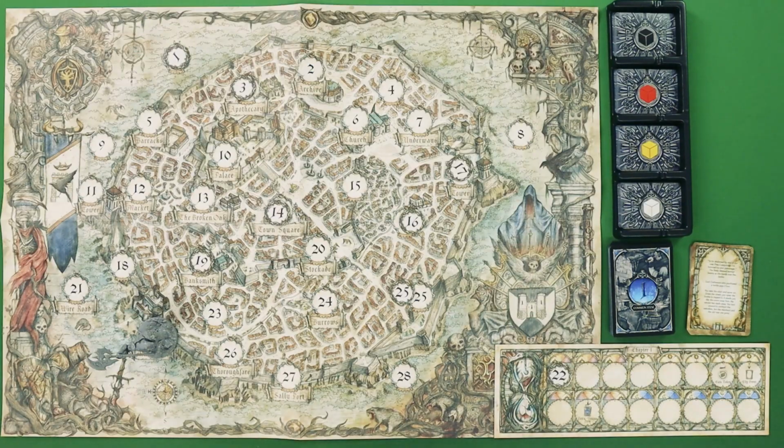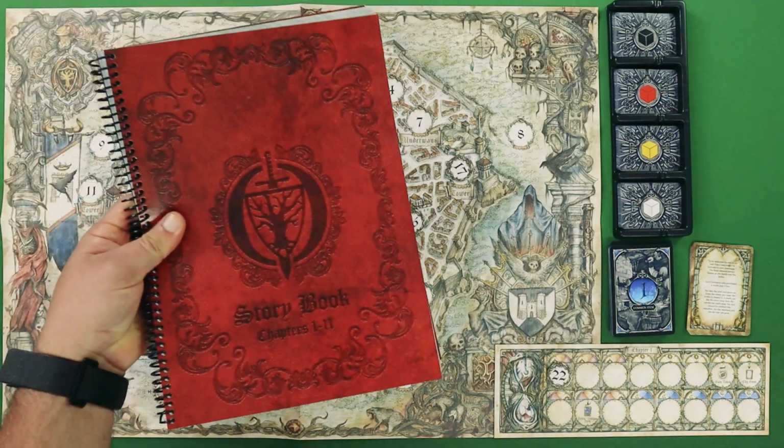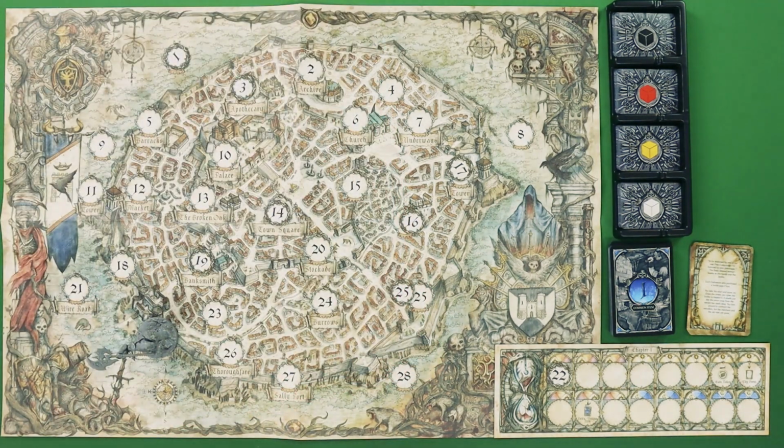Now, let's actually start off with what the chapters start with, the story mode. Each chapter is broken up into a story part and an encounter part. The story part is explaining what's going on in the world and helping you set yourself up for the encounter. Now, depending on what's happening in the story and what chapter you're on, they can actually start off very differently. So you'll have to look at the storybook or use the app to find out how you should set up